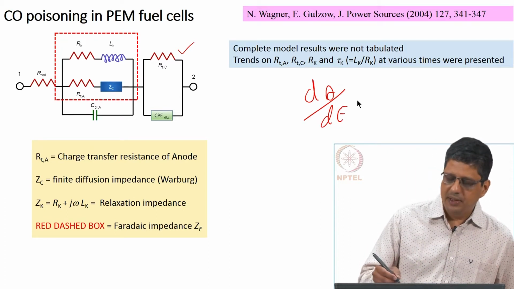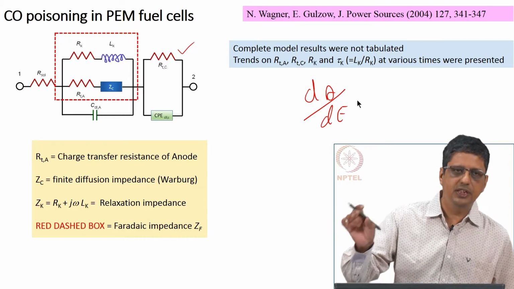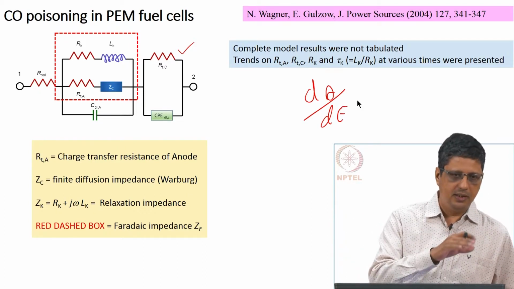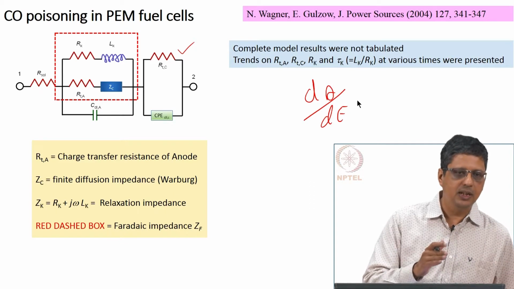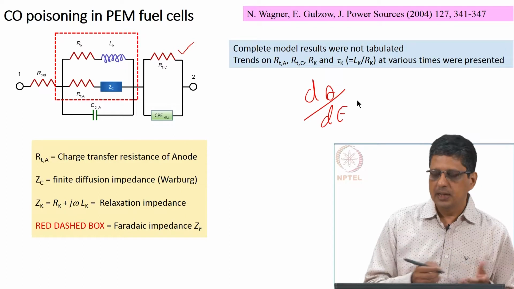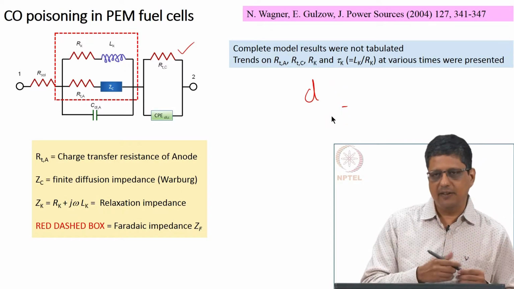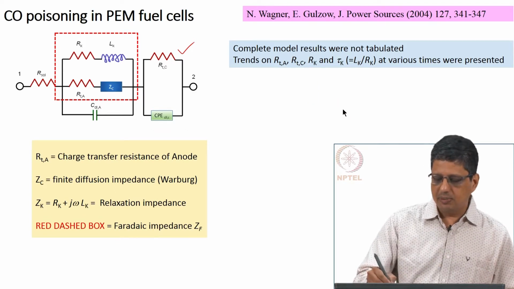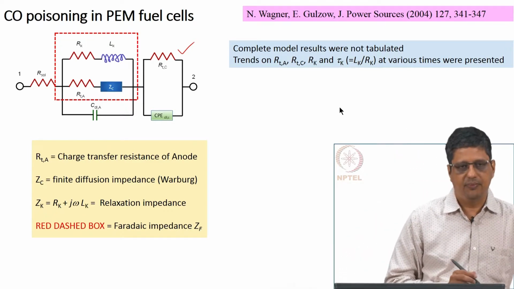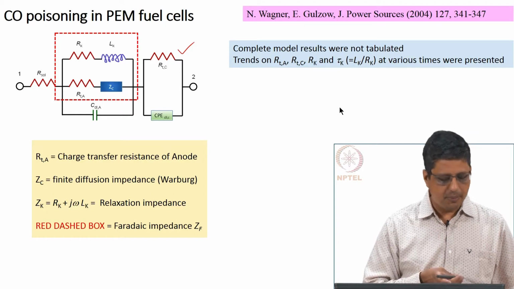Capacitive meaning whatever spectra you get can come from another system which contains electrical resistance and a capacitor. It does not mean this variation of surface coverage with potential acts as a capacitor in the sense that it stores charges for you. Just like if it acts as an inductor, it does not mean there is a behavior like a coil with magnetic field. It just means whatever spectra you get here can be mimicked by another electrical system. Okay. I just wanted to show you that this is an example of interpretation of data.